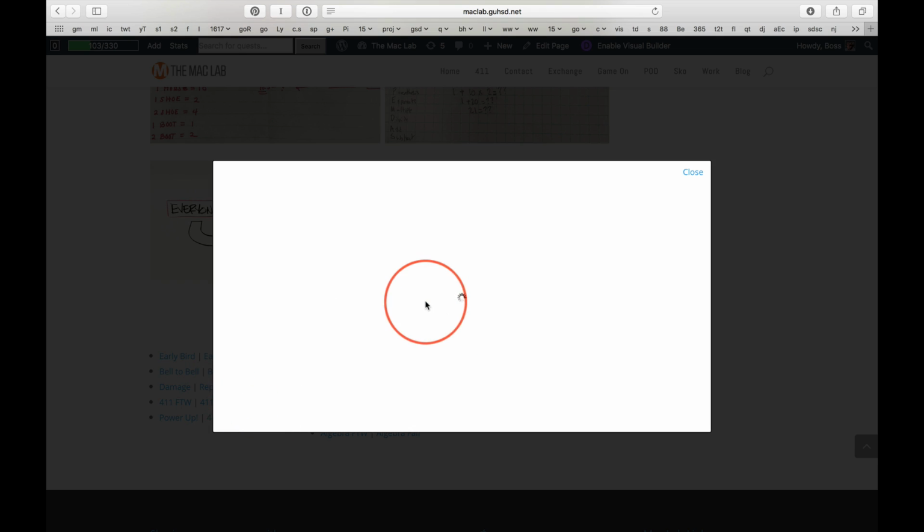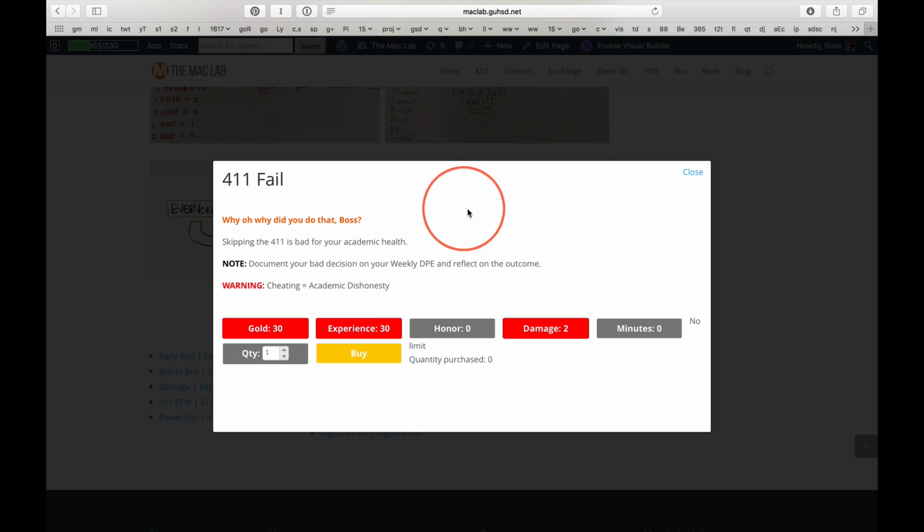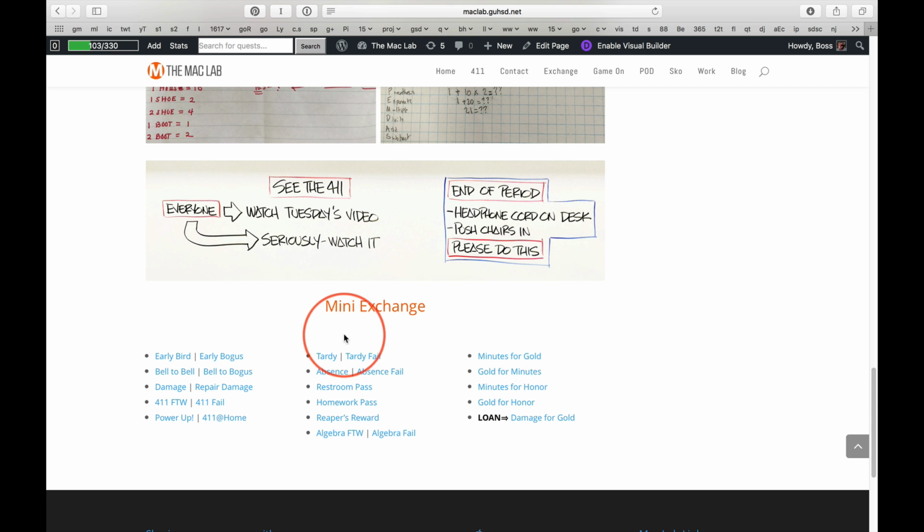The 411 fail, this is not for little mistakes. These are for people who either claim this and didn't do it, or didn't do it, period. This will add up quickly. And this is heavily weighted in the wrong direction. And last but not least, those of you who